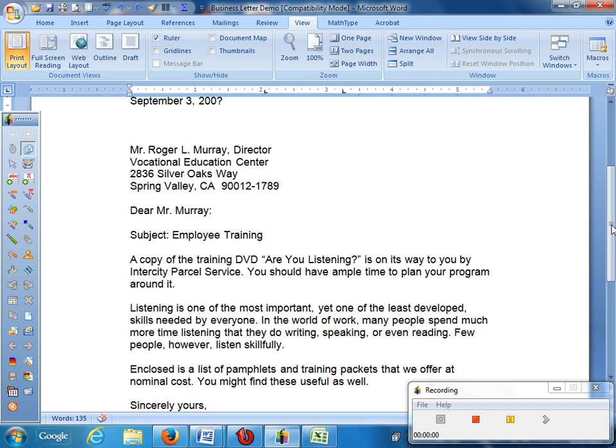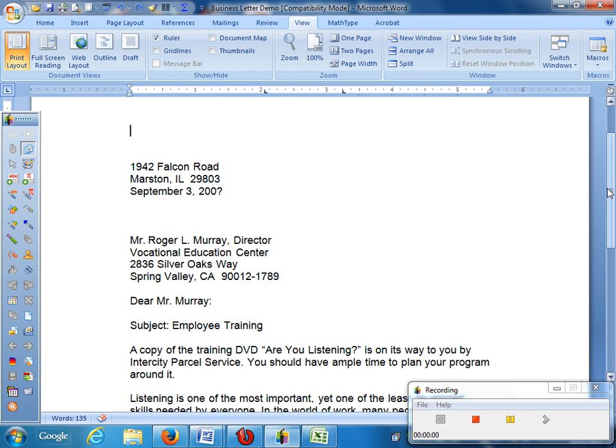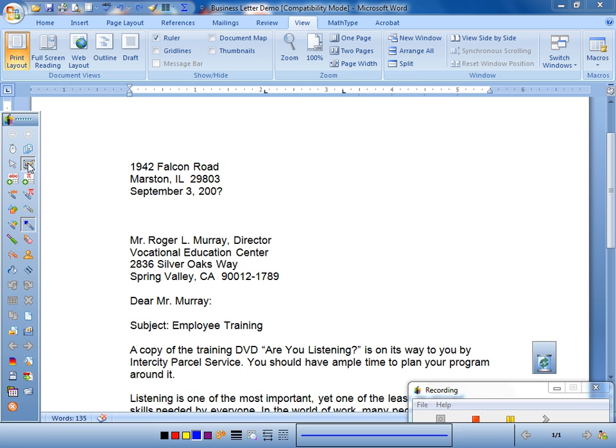So you always start a letter at the top with your return address. This is always your return address. So yes, you're going to have to know each part of the letter has an actual name. You're going to have to know the names of these parts of the letter. So this is indeed the return address. Now, notice, what does it not have in it? It starts at 1942 Falcon Road. It doesn't have